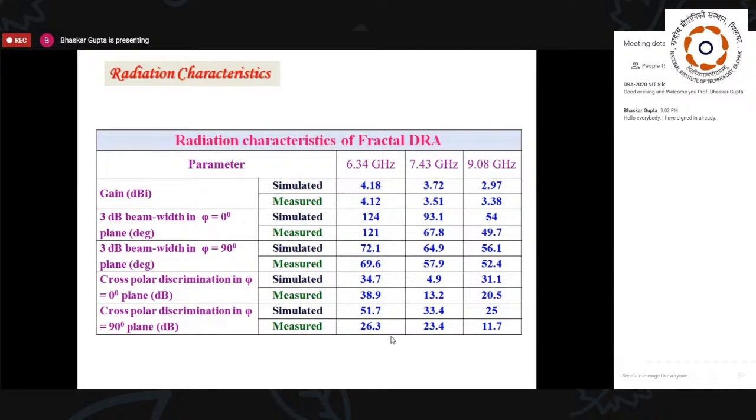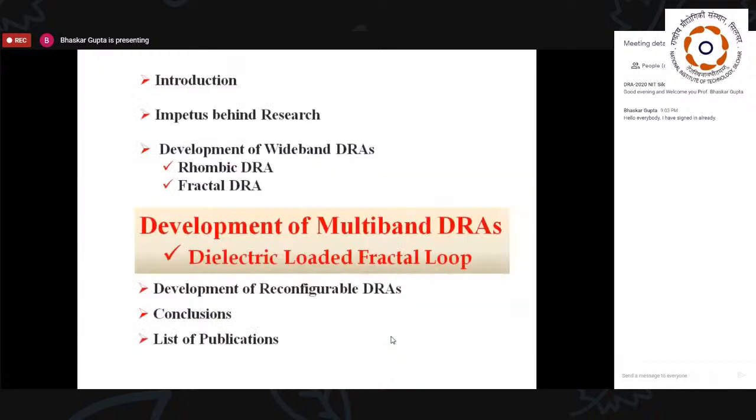And of course, simulated and measured values are tallying quite well, excepting one or two exceptions, but the measurement also might have been in error. And I must say that the cross polar discrimination is always nice, excepting at 7.43 gigahertz. But even then, there also it's above 12 dB. It's 13.2 dB. And how much do you get from a normal patch antenna? Say 10 to 12 dB. So isn't that good enough? Of course, for most of our world.